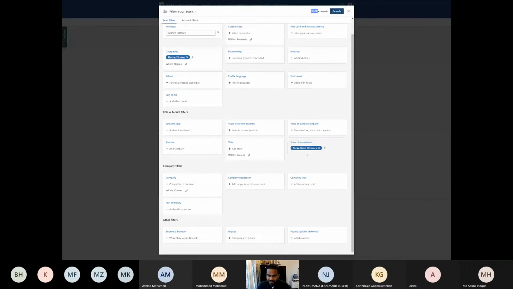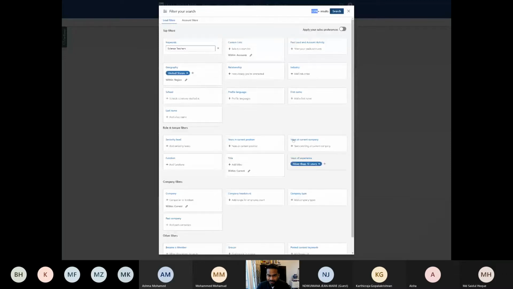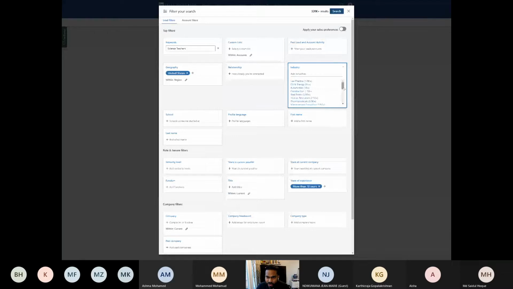And we also want to put this, let me choose the industry also. There are teachers in law and all these things, so we don't want to be sending it to those people. We are going to be sending it to the teachers who are in primary and secondary education. We don't want to go to higher education and hospitals and all those places, right?